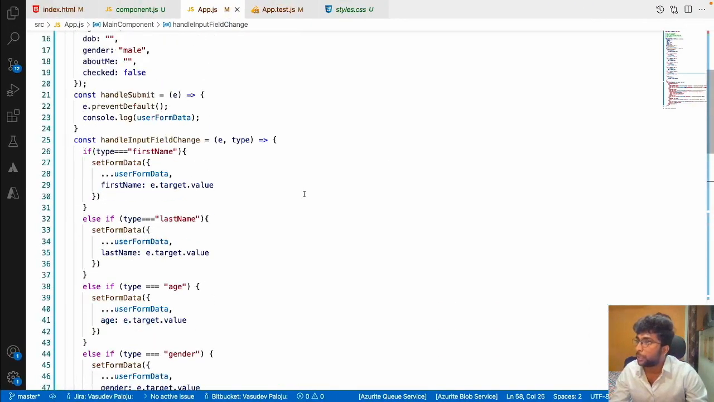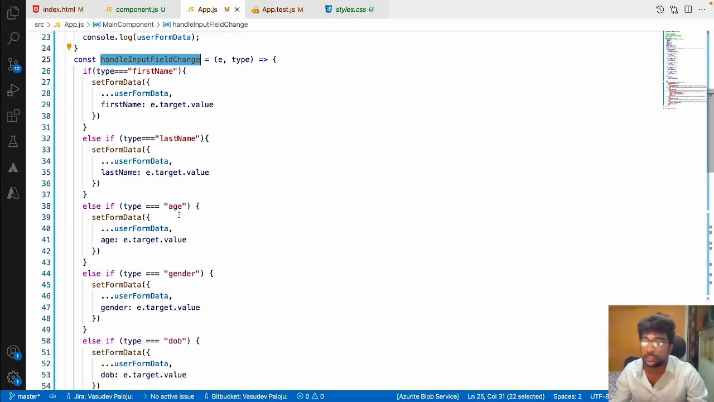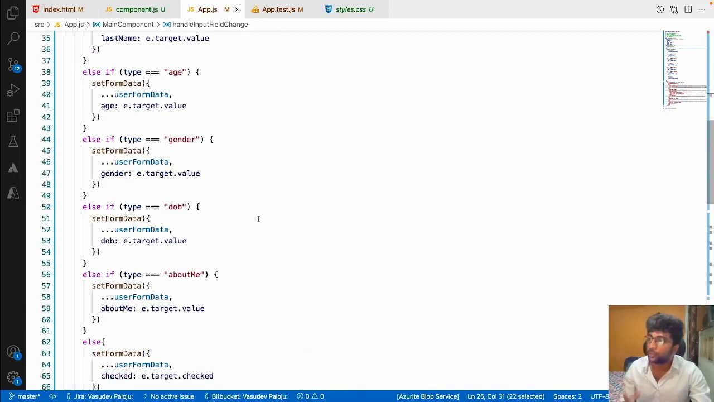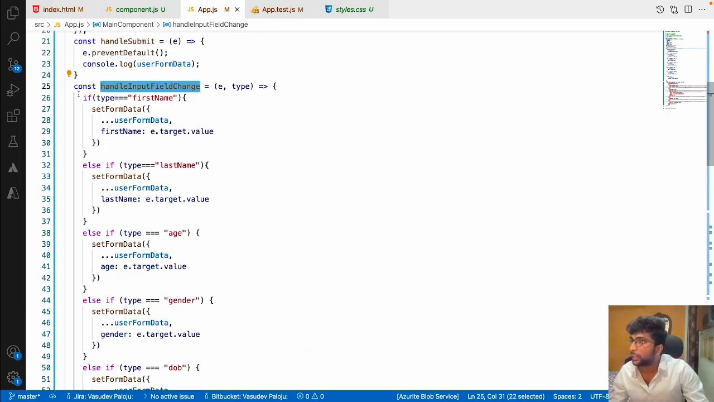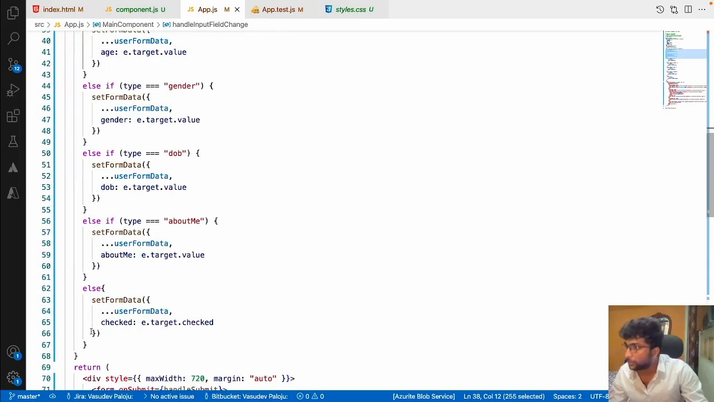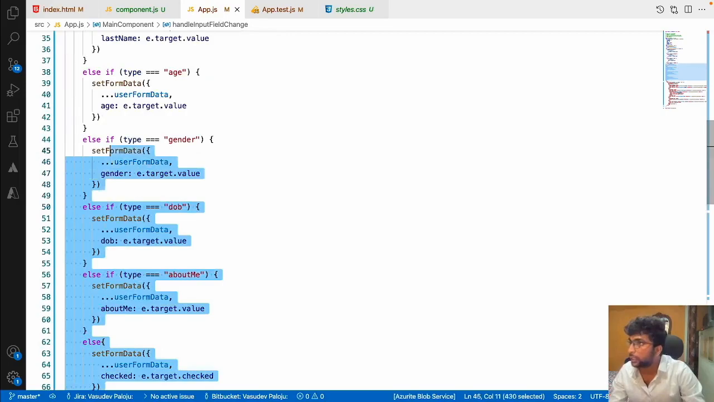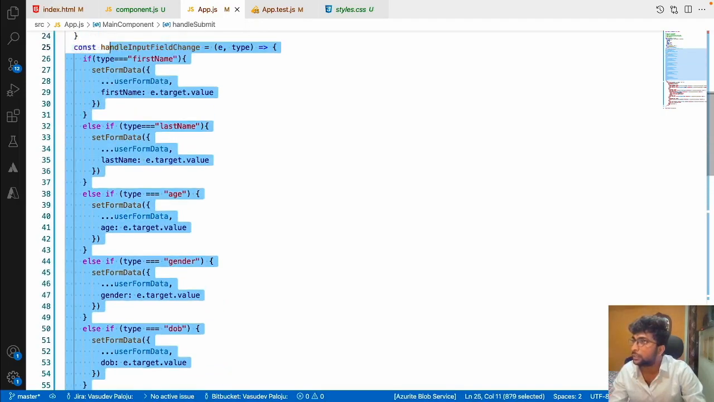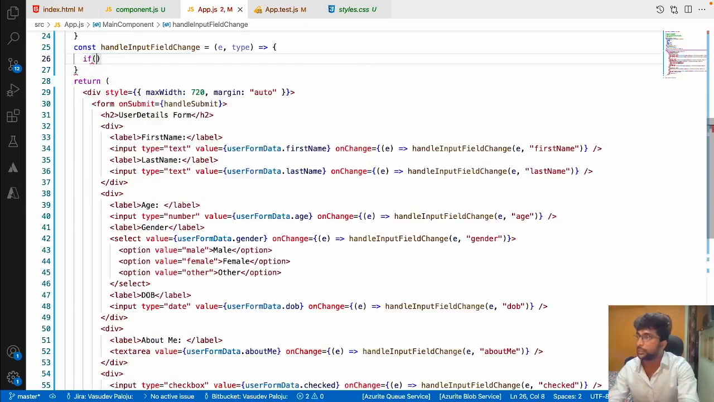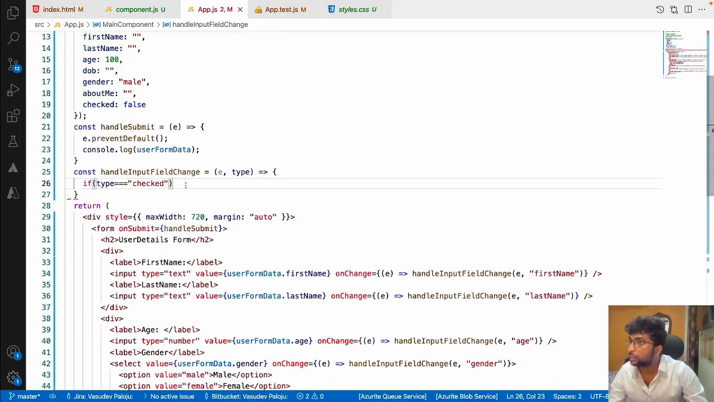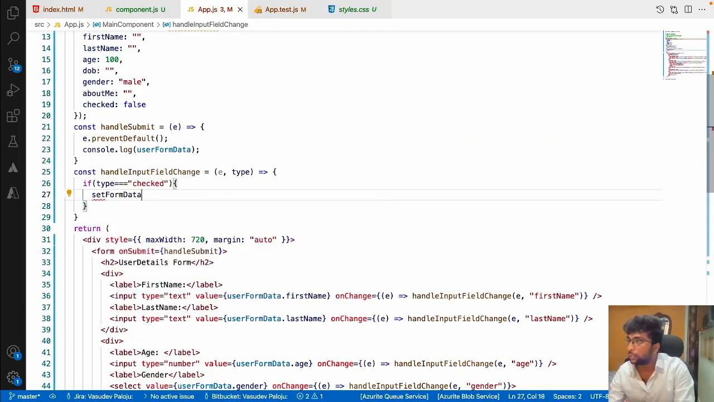But the only problem right now here is this function has become very dirty. So you are having a lot of if else and else if conditions, which I don't prefer, right? So what I can do is simple. I'll delete all of this, and I'll write a very simple thing, that is, if type is equal to checked, then I'll do set form data